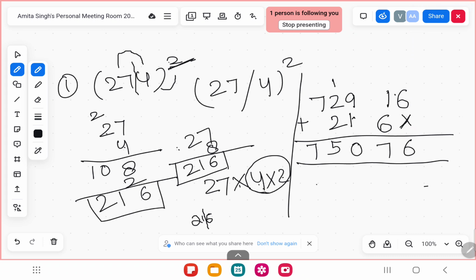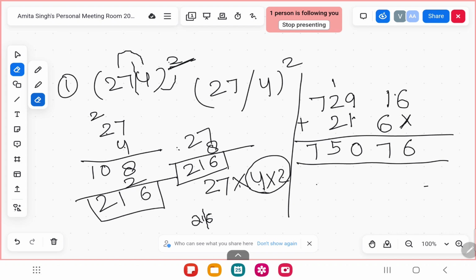Sappu, there is one doubt that some people would have raised. If we have a number ending with 2 or 3, like suppose the question was 272 or 273, then 2 2s are 4, 3 3s are 9. It comes as only one digit. So for that, how to do it?